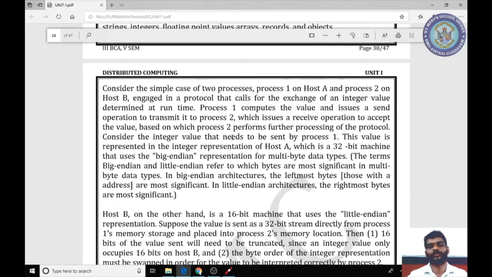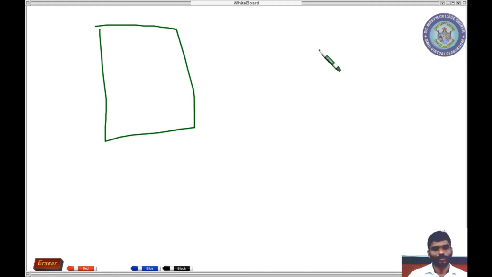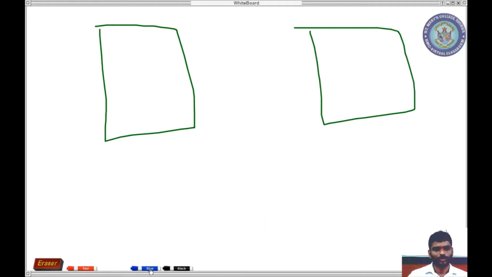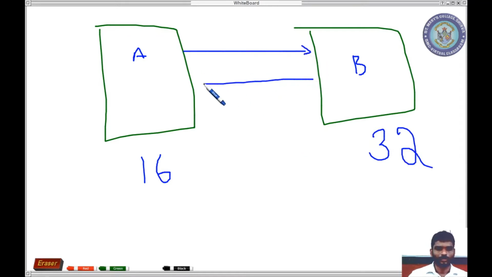If process A uses the 16-bit configuration and process B uses 32-bit, two different bit representations are used. But you need to start communicating and transfer the information from one end to the other.